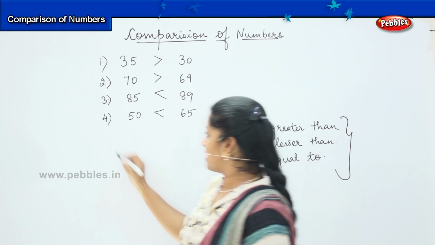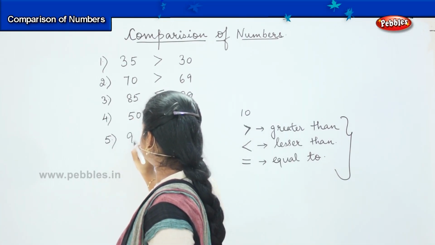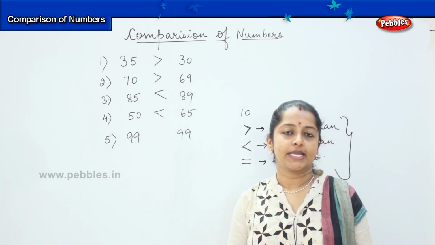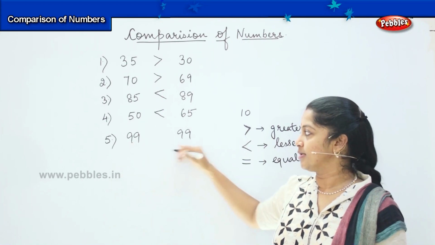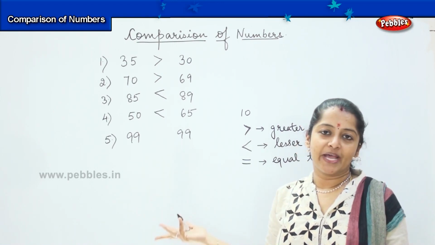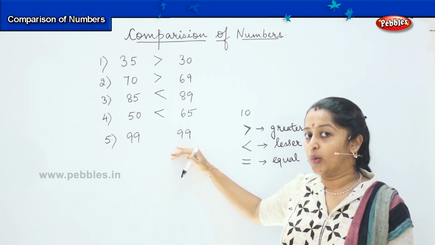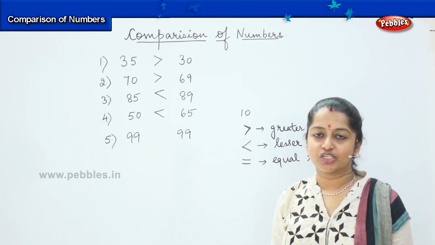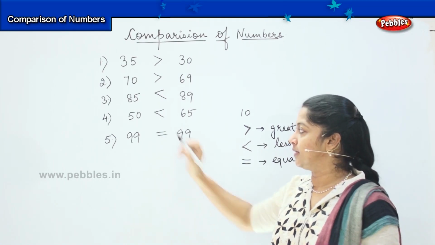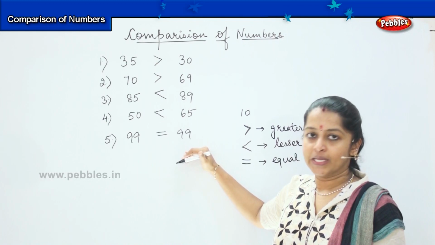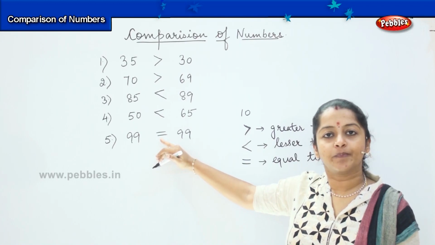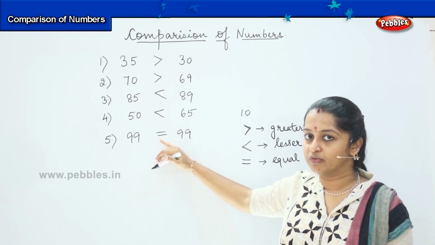Okay? Here comes your next sum. 99, 99. Which one is bigger? Just think and tell me which number is bigger. Is it this one or this one? Both are the same, right? So, there is no comparison because both are the same numbers. And when the numbers are the same, what is the symbol which I have asked you to put? You should put? Good, you have to put the equal to symbol. When two numbers are the same, there is no point of comparison. So, we will symbolize it by using the symbol equal to. Clear? Shall we move to the next one?